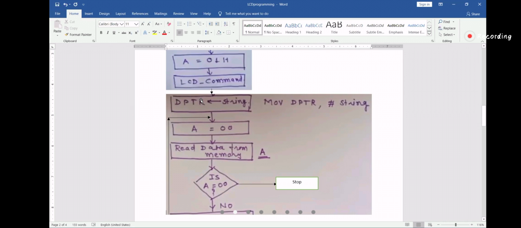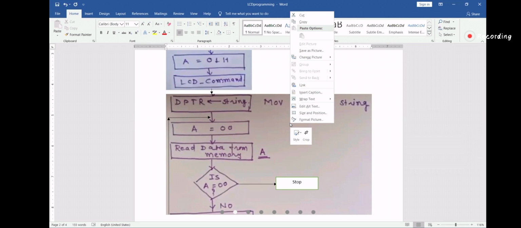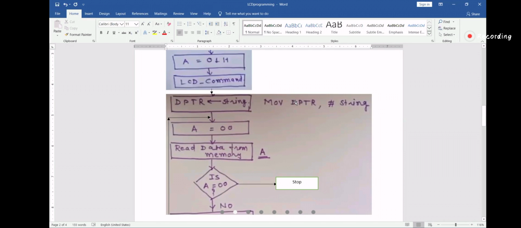How will it read? I explained to you that whatever value you have written is stored in memory and pointed to by your DPTR pointer, and it will read data from that memory until and unless it is pointing to 0.